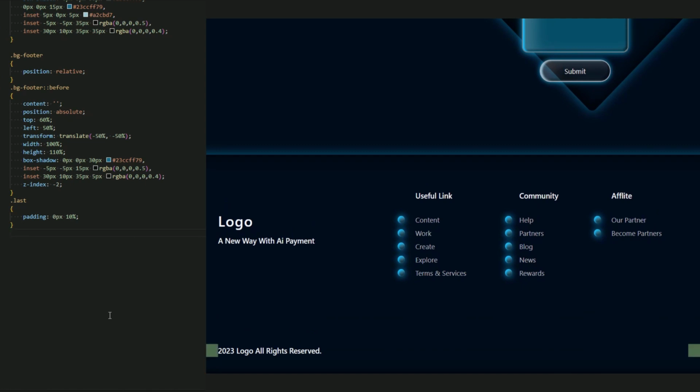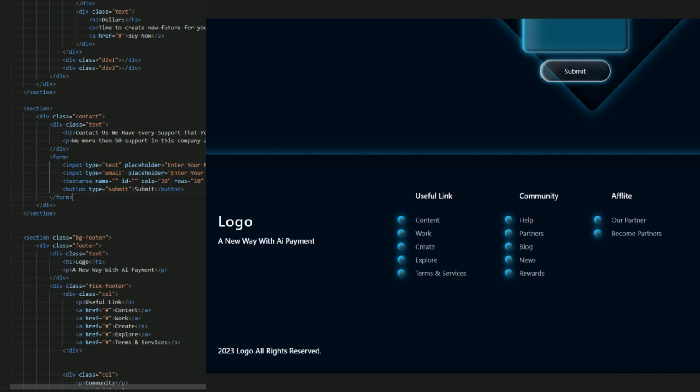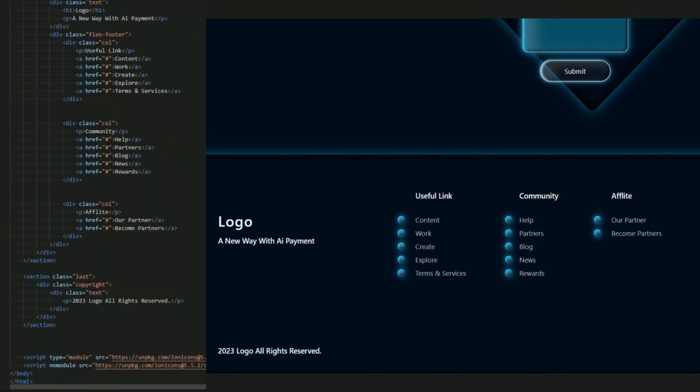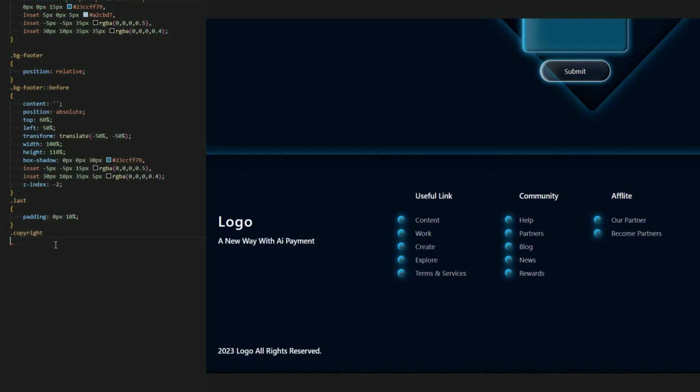Okay, now add the copyright. I think copyright, right? Copyright, oh, copyright. Okay, set the position relative to create a line, and for the line, copyright before. Let me just copy and paste it again. Set the width -15%, and the left 50%, 100%, and this be 2 pixel. Height be a 2 pixel, and add the background